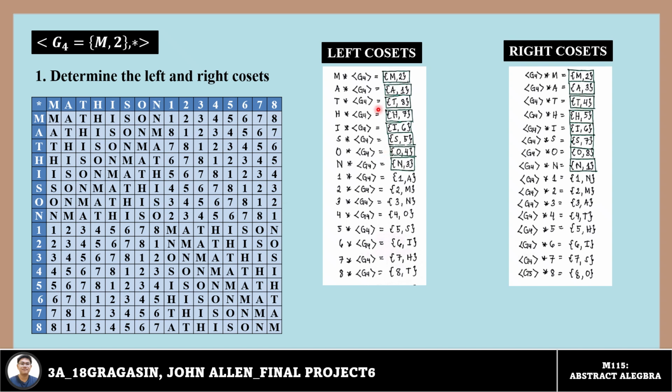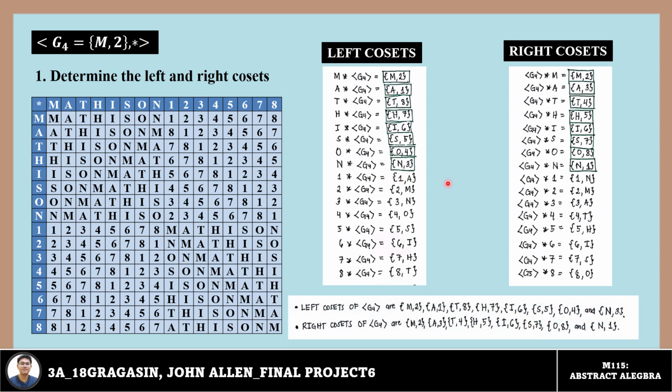So we have here the left and right cosets by operating it using or considering this table. For our left cosets, all the elements in our group will be put in the left side and our subgroup will be put in the right side. And then for our right cosets, all the subgroups will be put on the right side and we will operate it in the elements of the group on the left side. So as you can see here, when we operate this by considering this table, we will get this element. And then, as you can see here, the elements below just coincide with the elements that we box here.